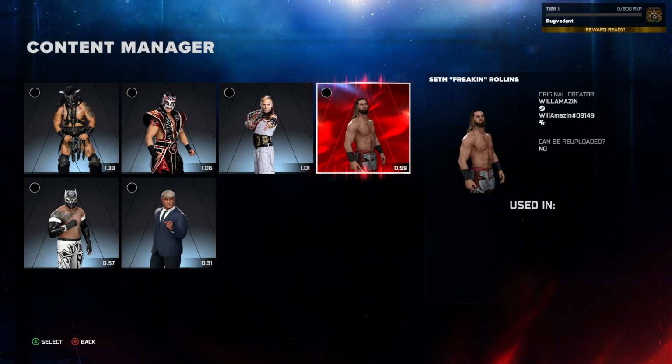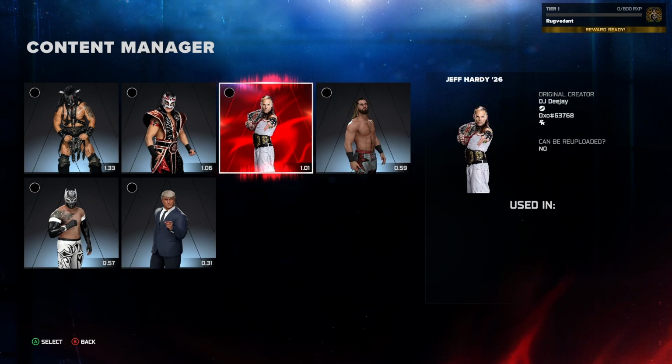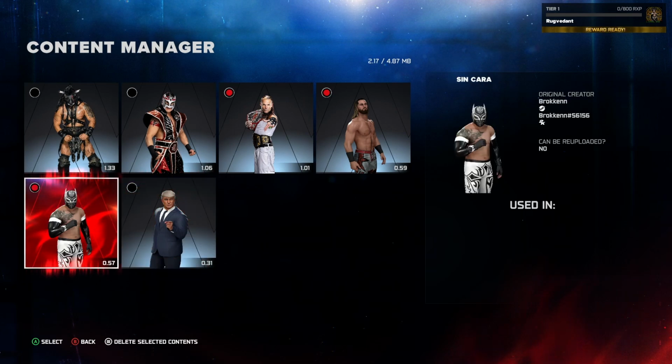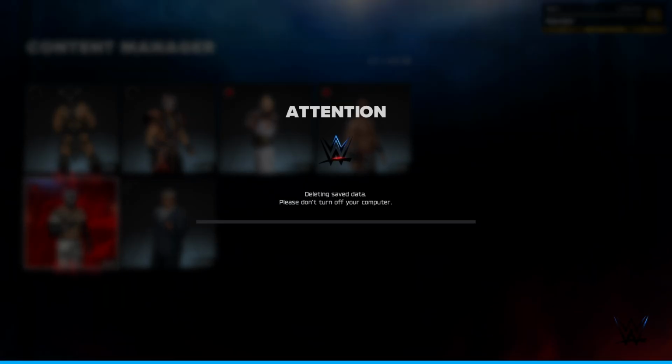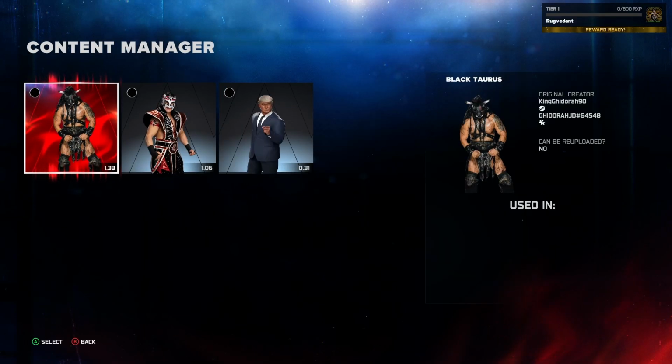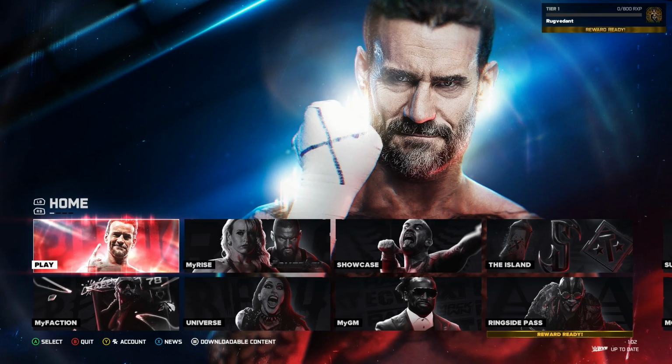If you want to delete multiple players at once, for that you just need to select them. Let's say I want to delete Jeff Hardy, then Seth Rollins and Sin Cara. If I select them and hit the options button, I need to select yes in order to delete them, and yeah, all of them are now gone. And that's basically how you can delete custom superstars in WWE